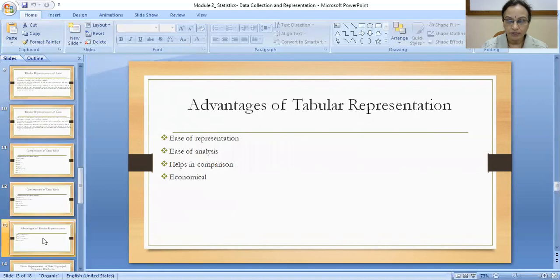What are the advantages of tabular representation that we shall see? Ease of representation, ease of analysis, helps in comparison, and economical. Then